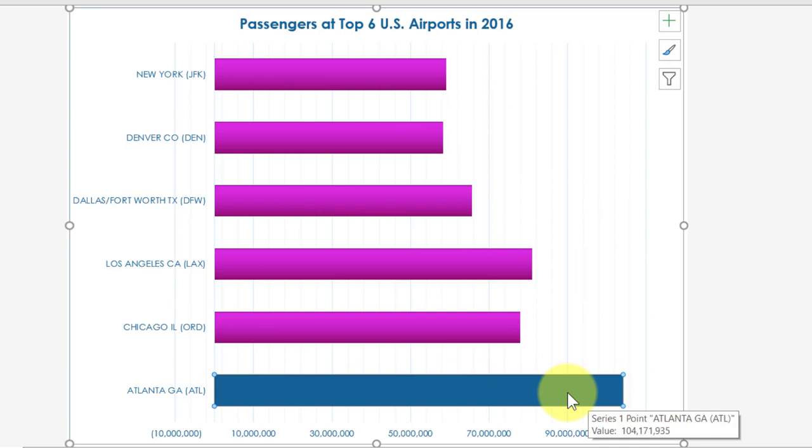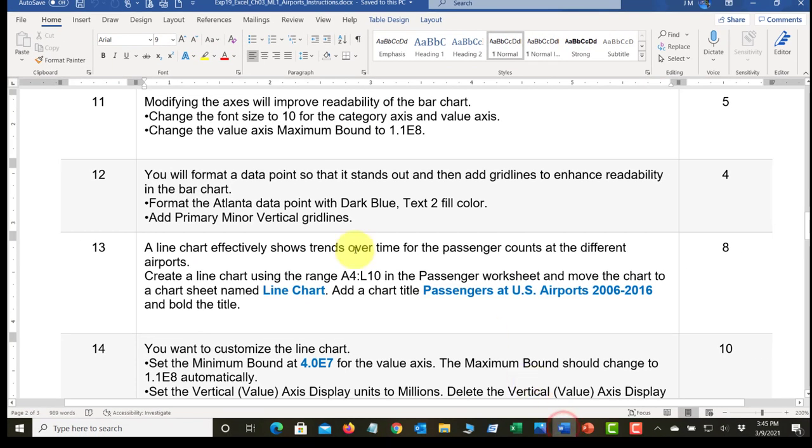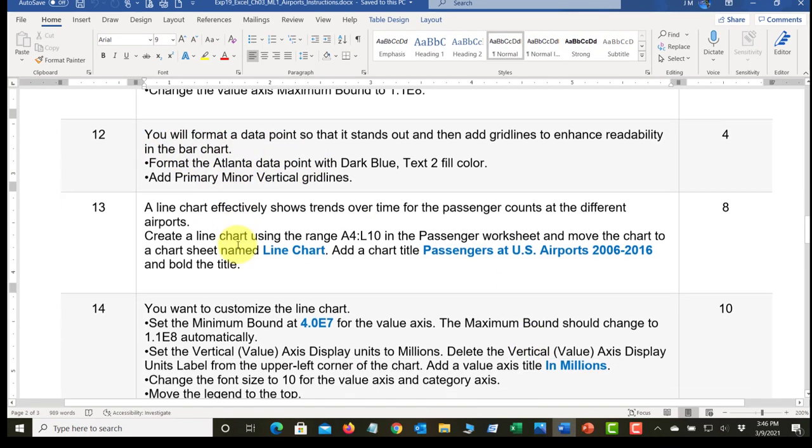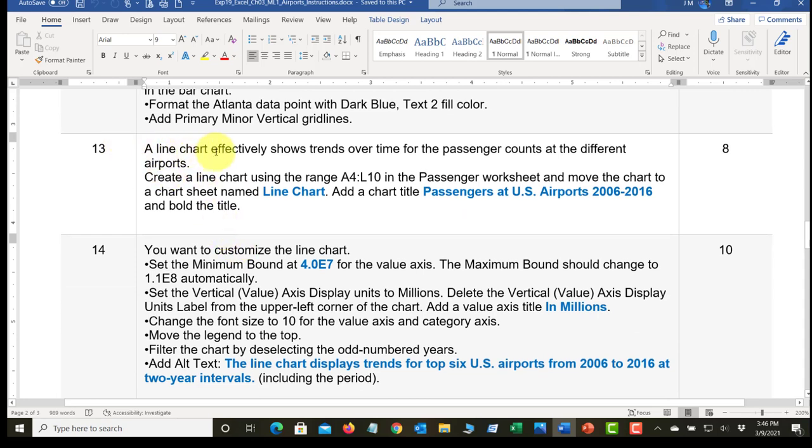The Atlanta data point has been given this pretty blue color to give it a little emphasis. Maybe we're the manager of the Atlanta airport and we want everybody to know how cool that is. So let's save that and let's go back to our instructions. On to step 13, lucky 13. A line chart effectively shows trends over time for the passenger counts at the different airports. Create a line chart using cells A4 through L10 in the passenger worksheet,